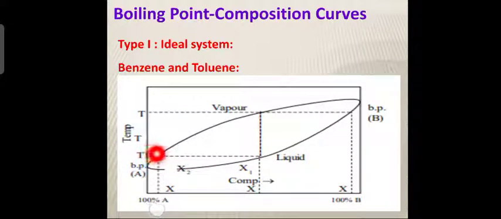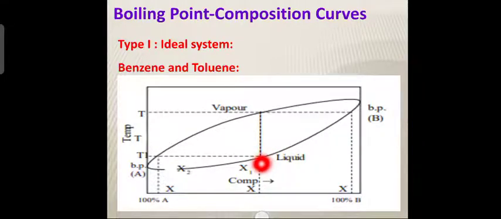Now, what does it mean? See, for example, if you consider a composition X, so what might be the composition of X? For example, 90% of A, because composition of A goes on decreasing and composition of B goes on increasing as you start from left to right. So you start from composition X, where it will boil, for example, at temperature T1, and you take the distillate. So, take out the distillate and find the composition. Now, what would be the composition of the distillate? Distillate composition will be corresponding to this point x1.